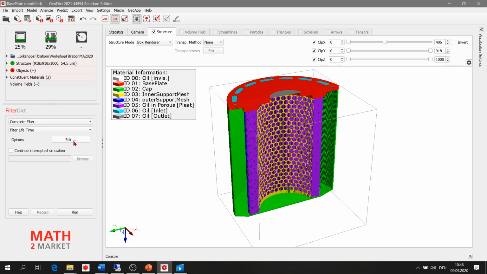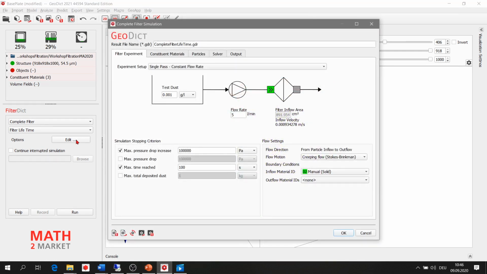And for that, you can select on edit. So the first tab is the filter experiment, where you can select whether you have a single pass or multi-pass test. So for this example, we select the constant flow rate single pass.